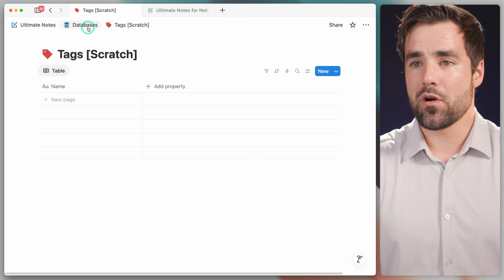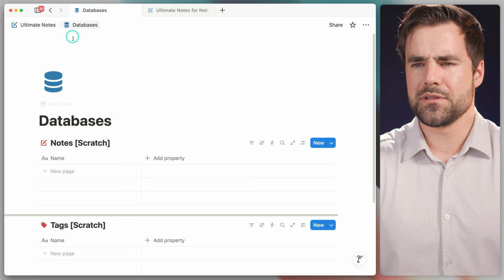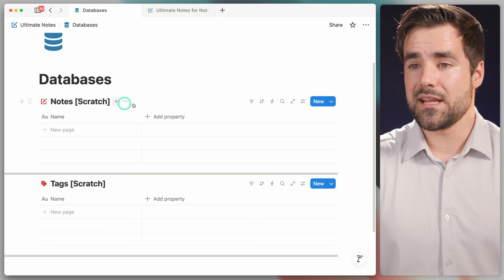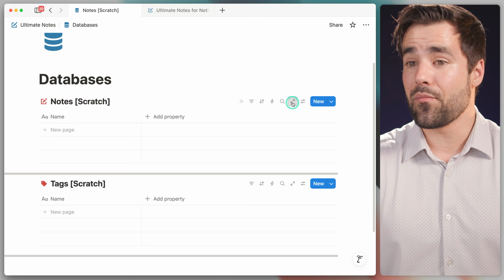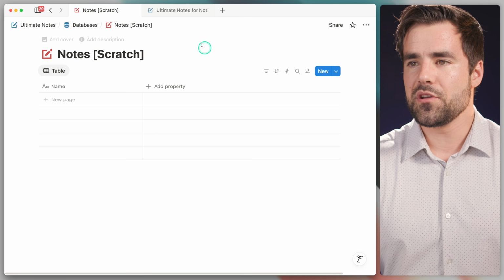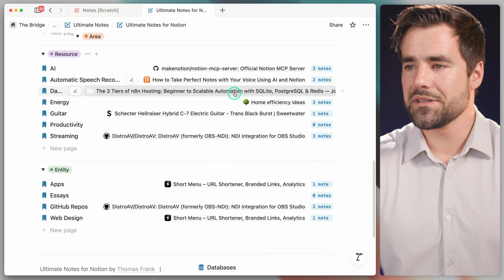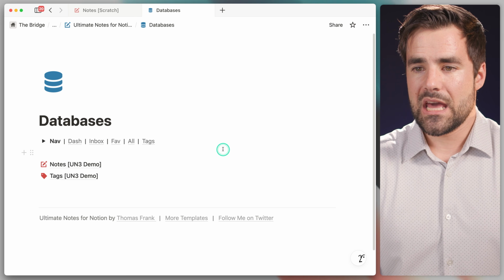All right, once more up the beanstalk, or our breadcrumbs beanstalk. I think there were breadcrumbs in the beanstalk story. We're going to go into our notes database, and we're going to start creating some database properties. Now, I want to quickly show you what these properties look like in our demo version. So I'm going to go once again to the bottom of this demo, and I'm going to go into our